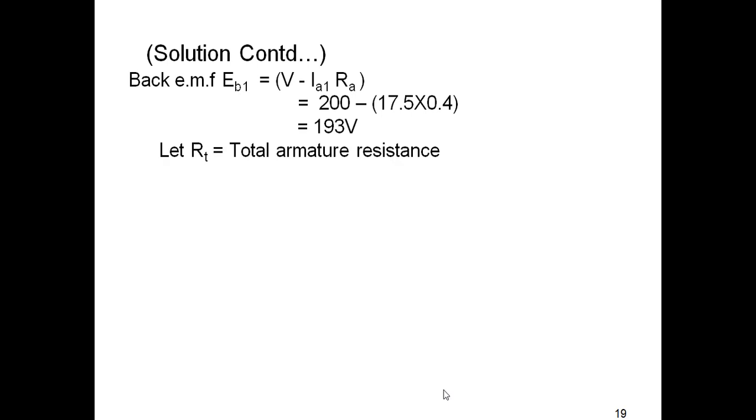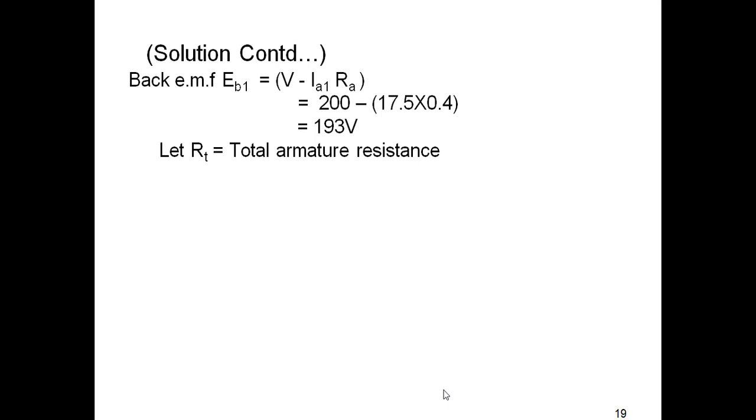So to find the initial back EMF EB1, the formula can be written as V minus Ia1 Ra. On substituting the above values, we get 200 minus 17.5 into 0.4. We get the answer as 193 volts